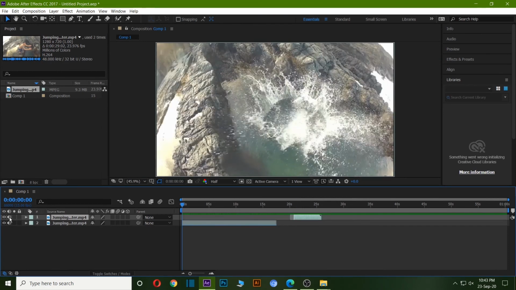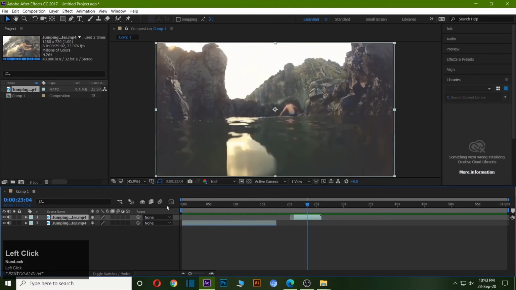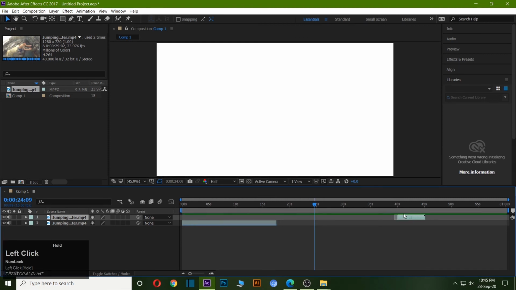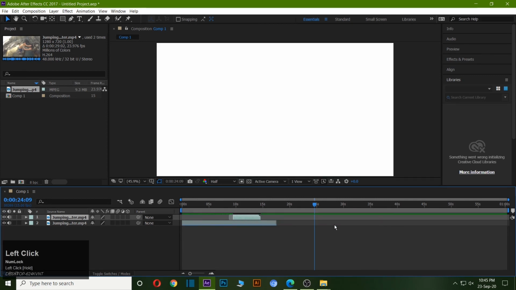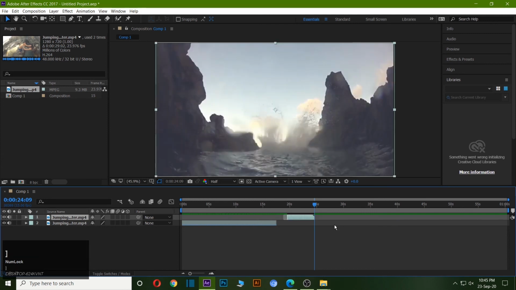If you want only the video footage and do not want sound, then you can remove the sound from over here. And if you want only sound, then you can remove the footage appearing over here. I show you with this footage, and if I click on this, it is not appearing now. If my video is on this side, I can trim it with the left bracket, and if it is on this side, I can trim it with the right bracket.